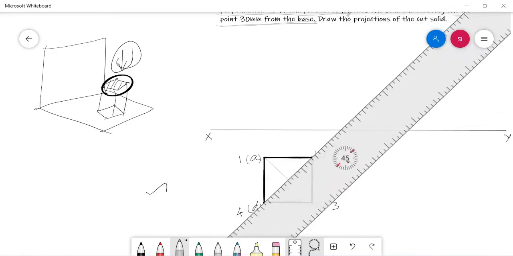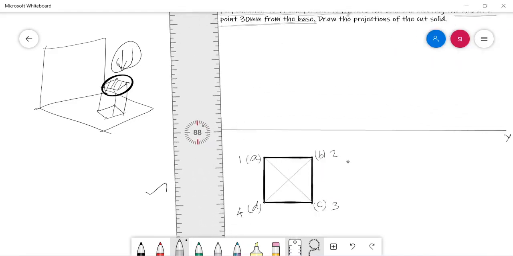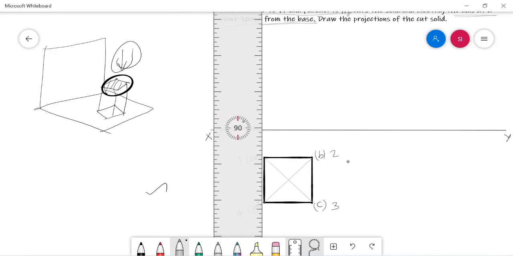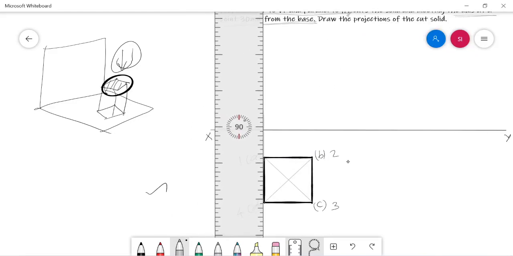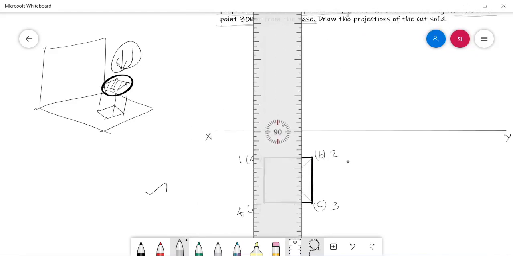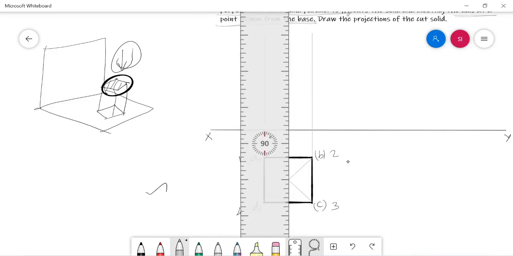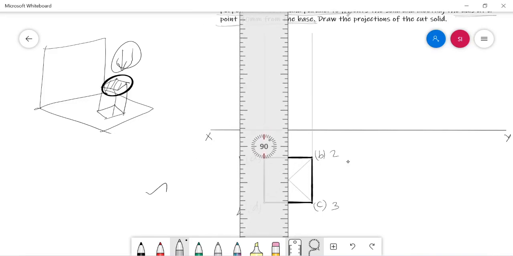In the meantime, I have to project each and every corner towards the front view in order to draw the lateral portion of the solid in the front view area, including the axis.